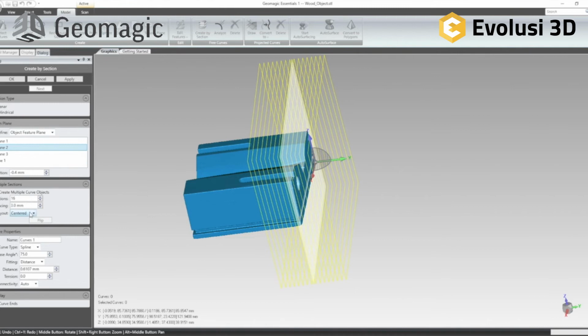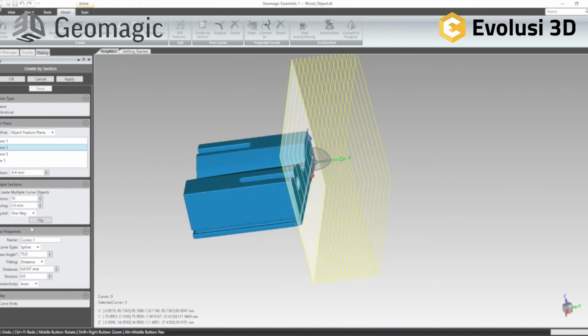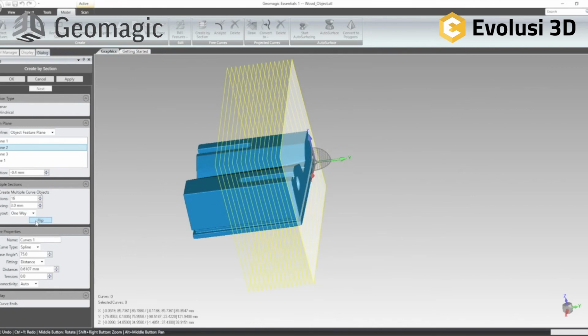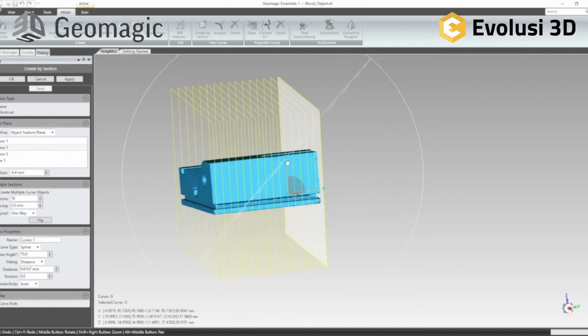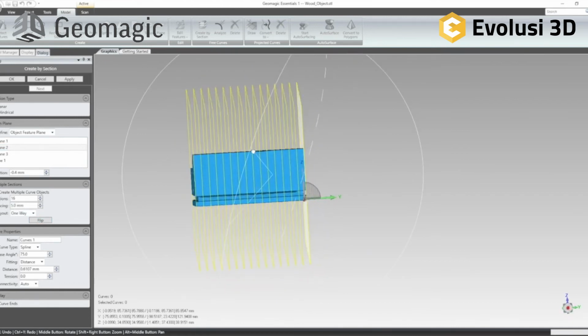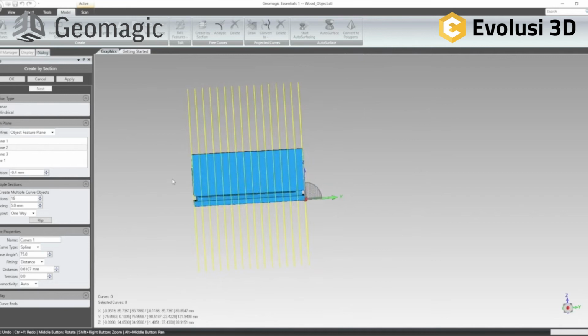and here I can choose now it going on from central, so from both ways. I just want one way, and now it's the wrong way, so I want to flip. Now I can make it a bit bigger, let's say 5. Yeah, 5 looks quite good. If I now click on apply,